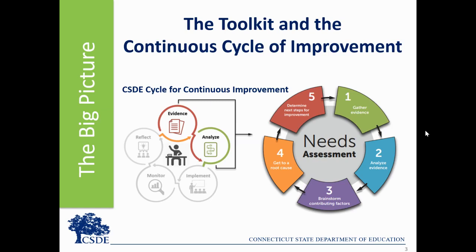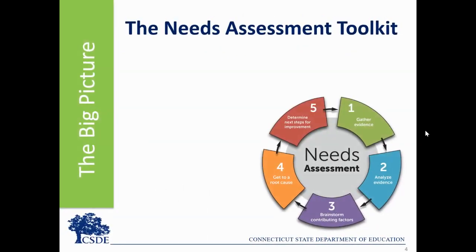In order to positively impact student learning and wellness outcomes, strategic plans and interventions need to align to the needs of the students and the community. When challenges arise, this toolkit provides strategies and processes to develop a deeper understanding and determine root causes. Then available resources can be used to address root causes, and efforts will be targeted and focused on closing the gap between current performance and desired success. Let's look more closely at the toolkit.